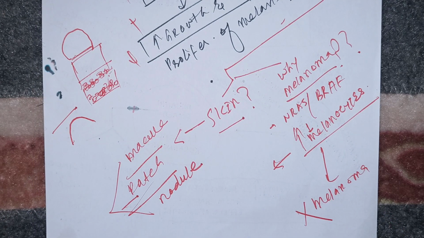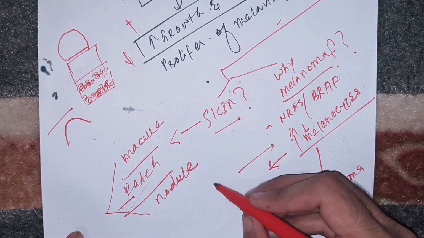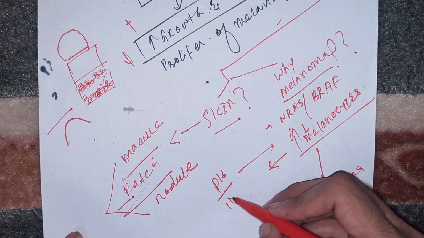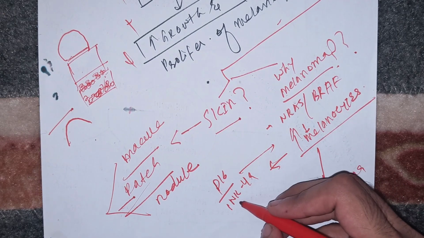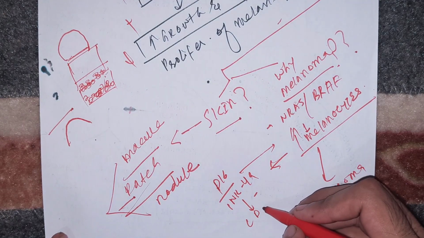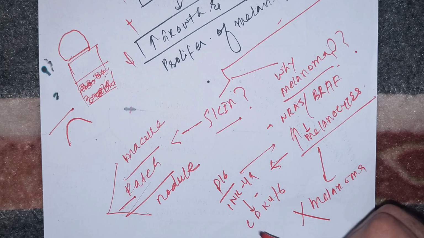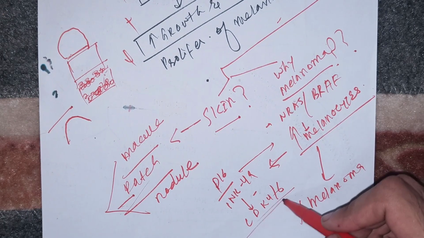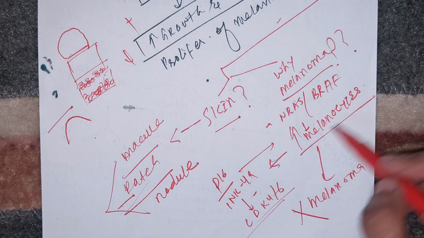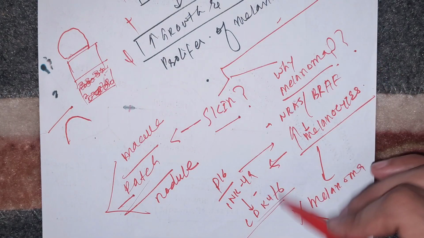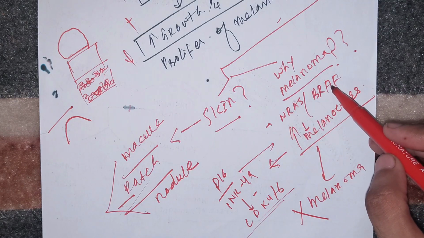The reason is activation of some other genes like P16 and INK4A. These two are potent inhibitors of cyclin dependent kinase 4 and 6. ओके, तो P16 और INK4A आते हैं जो कि साइक्लिन डिपेंडेंट काइनेस 4 और 6 को बंद कर देते हैं, और जब ये साइक्लिन डिपेंडेंट काइनेस 4-6 बंद हो जाएगा तो मेलानोसाइट की प्रोलिफरेशन और ग्रोथ रुक जाएगी, ठीक है, क्योंकि ये ग्रोथ प्रोमोटर है, ठीक है।